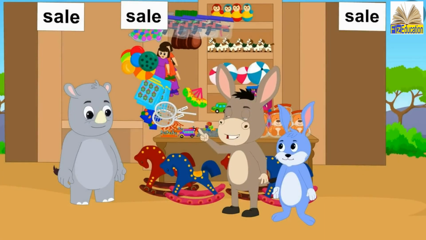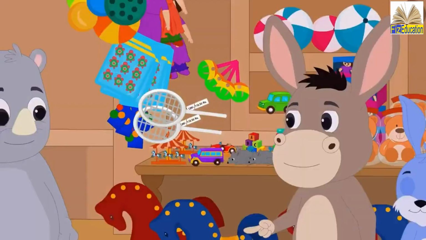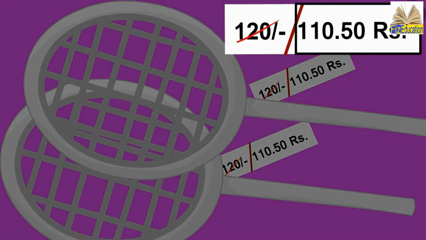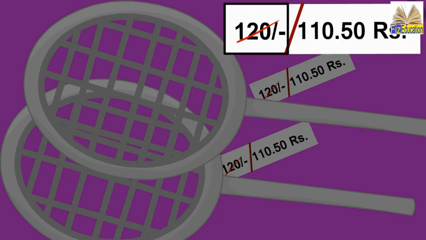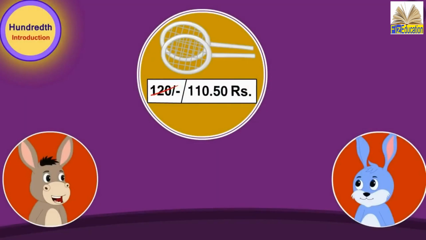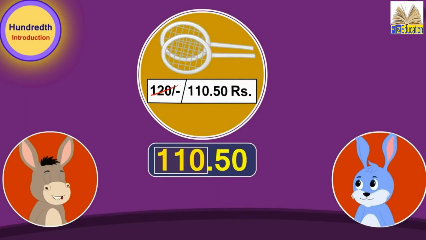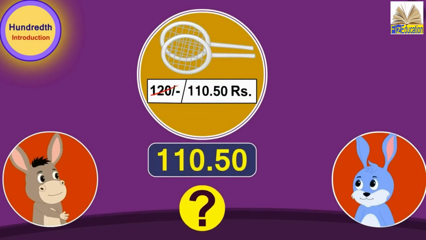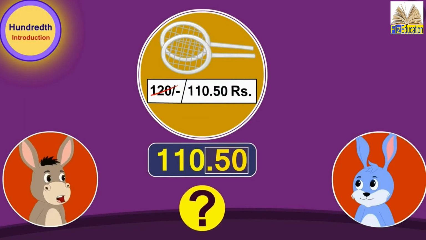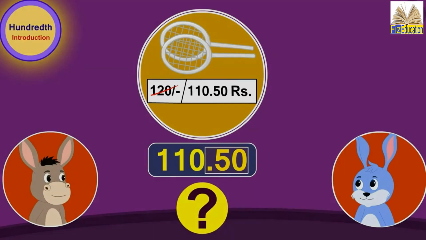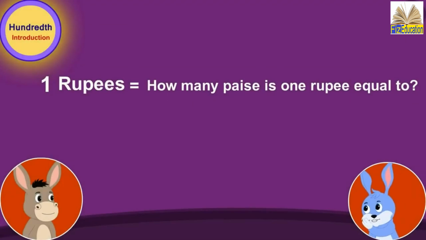Bhola wants to buy a new badminton racket. The new price, 110.50 rupees, has been written on this badminton racket by striking out the old price in this way. Bunny, what kind of a price is this? I understood 110 rupees, but how will we give this 0.50 rupees? Bhola asked Bunny. Bunny laughed and said,